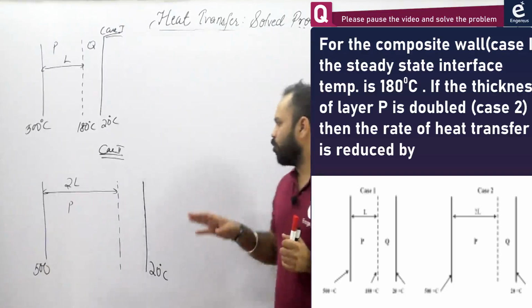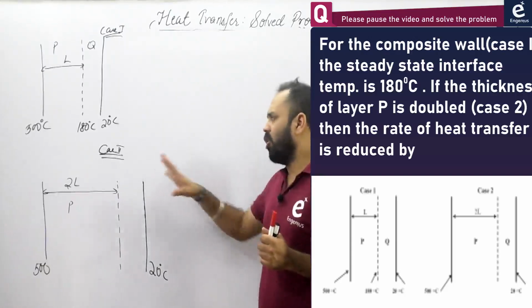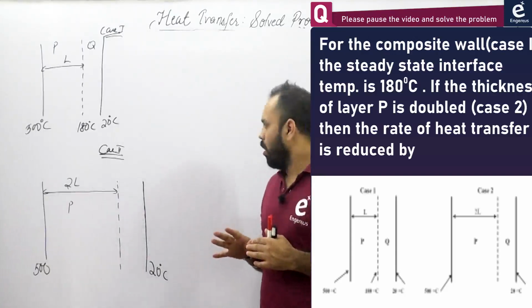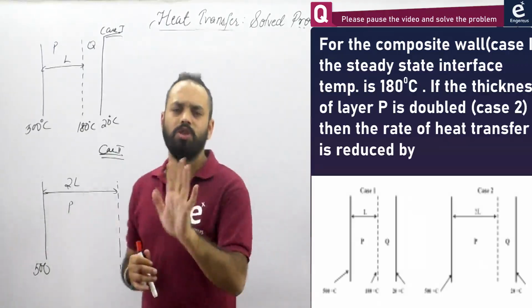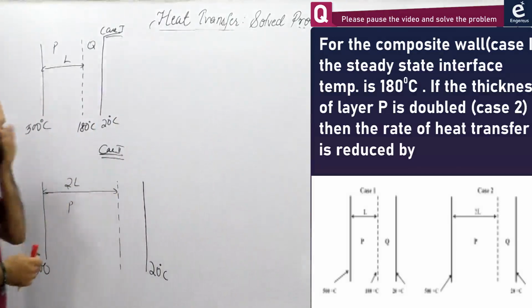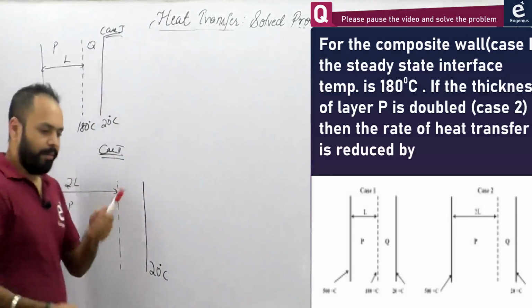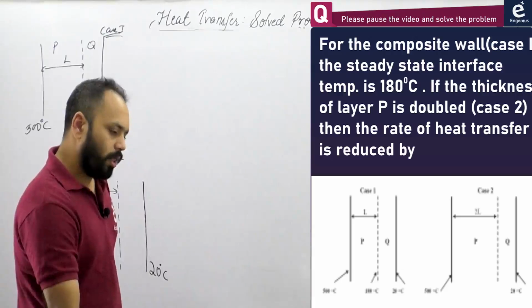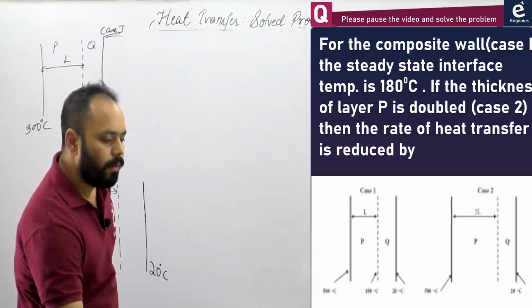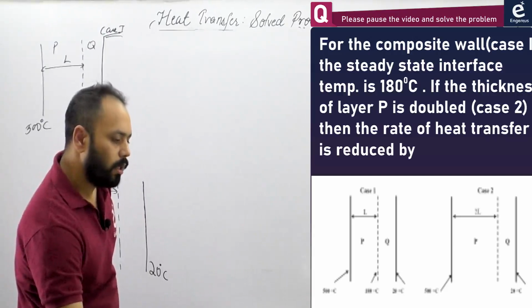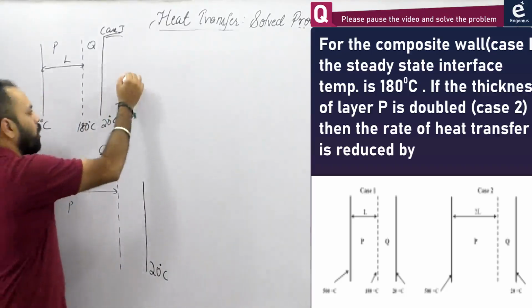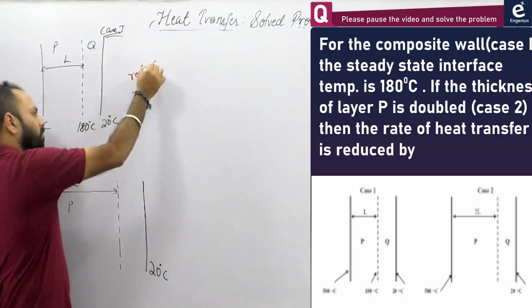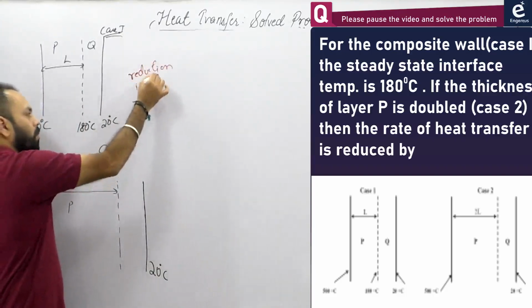द सेकेंड थिंग, मेनी टाइम्स स्टूडेंट्स दे से कि सर टर्मिनल टेम्परेचर्स आर सेम, फाइन, दिस इंटरफेस टेम्परेचर शुड ऑल्सो बी 180 डिग्री सेल्सियस। Don't assume anything on your own, okay। So the question says that if the thickness of the layer P is doubled, then the rate of heat transfer is reduced by how much percentage। of course आपको ये बताना है reduction in rate of heat transfer when you do this। This is a very good problem, reduction in rate of heat transfer।